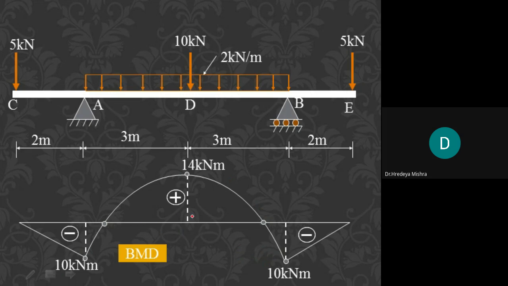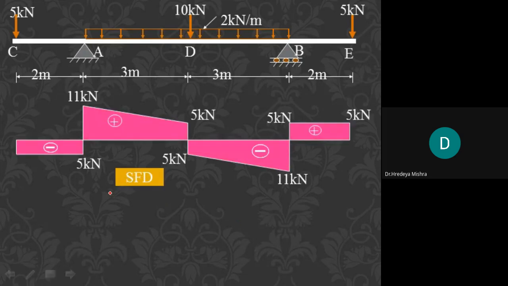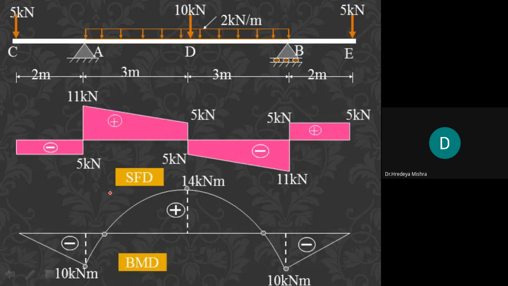Okay, so this diagram is made, but here we can see this is the contraflexure point, where the negative and positive regions meet each other. So we have to find out this position. For this, we have to consider the calculation of the contraflexure point. Okay, this is the diagram.